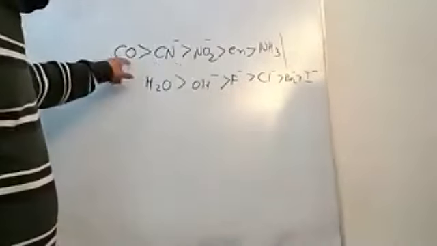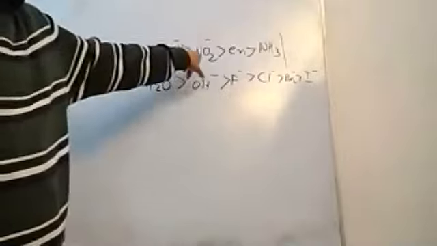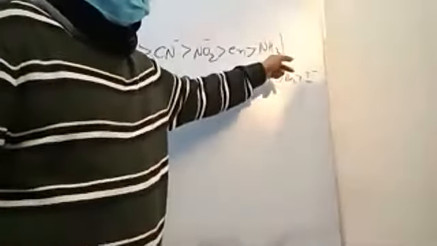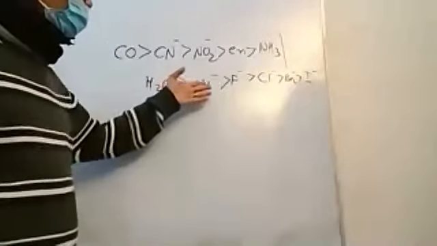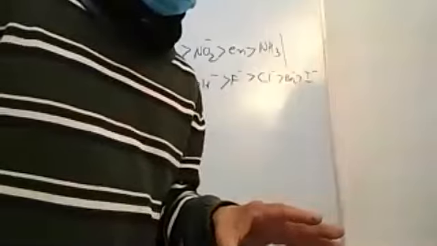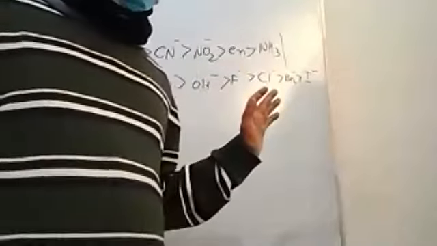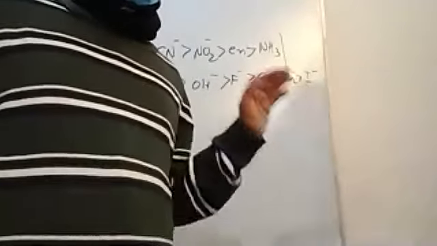So when you have carbonyls or cyanides or nitrites or ethylenediamine or ammonia, generally nitrogen-containing ligands are strong splitters. On the other hand, water, hydroxyl, fluoride, chloride, bromide, there's nothing to do with the charge. It's all the energy levels that are dictated by the molecular orbital picture. Okay? And you will have access to this information. You can use this information in answering questions.